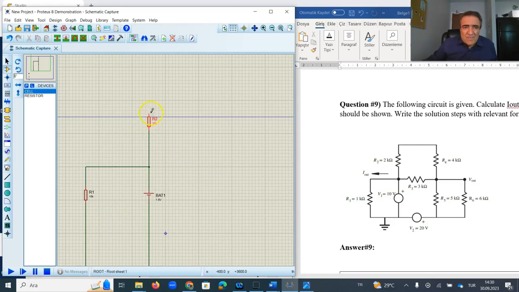R2, and then this is the upper side of the circuit,